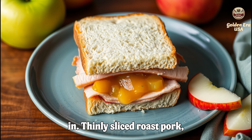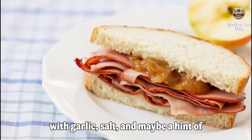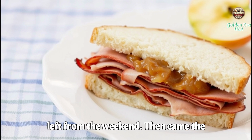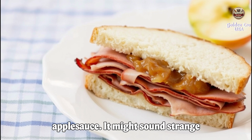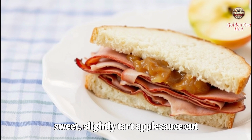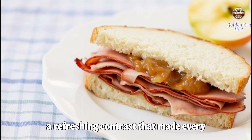Thinly sliced roast pork, still tender from the oven and seasoned with garlic, salt, and maybe a hint of sage, was layered onto soft white bread or sometimes a crusty roll if you had one left from the weekend. Then came the surprise, a generous spoonful of applesauce. It might sound strange now, but back then, this pairing was as classic as salt and pepper. The sweet, slightly tart applesauce cut through the richness of the pork, adding a refreshing contrast that made every bite